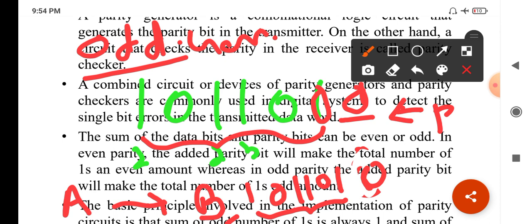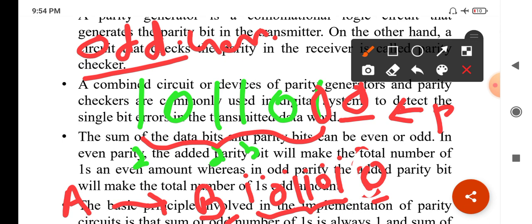Actually we need to give 0 as the parity bit for the odd generator only if it is having an odd number of ones. So we see 0 here, and we are seeing an even number of ones here. Is it acceptable now? No. There is some error that has occurred, and we have to take it into consideration. There is a 1 bit error somewhere, either here, here, or here, and the data should contain only an even number of ones.